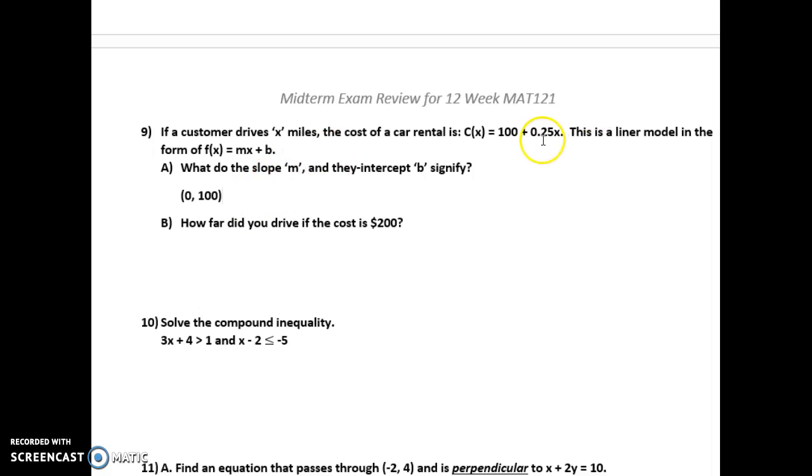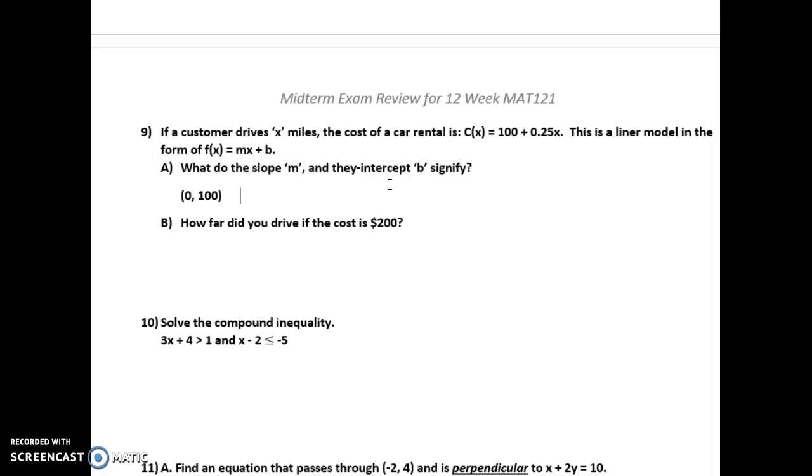The slope is the number multiplied by x. So I guess we have it written here. Y, or f of x, equals the slope times x plus b. So that slope is the number we multiply by x. And think of that in terms of car rental. If every mile you drive, you're multiplying it by 25 cents. That's the cost per mile that you're driving. So the slope is the cost per mile, 25 cents for every additional mile, and the y-intercept is that upfront